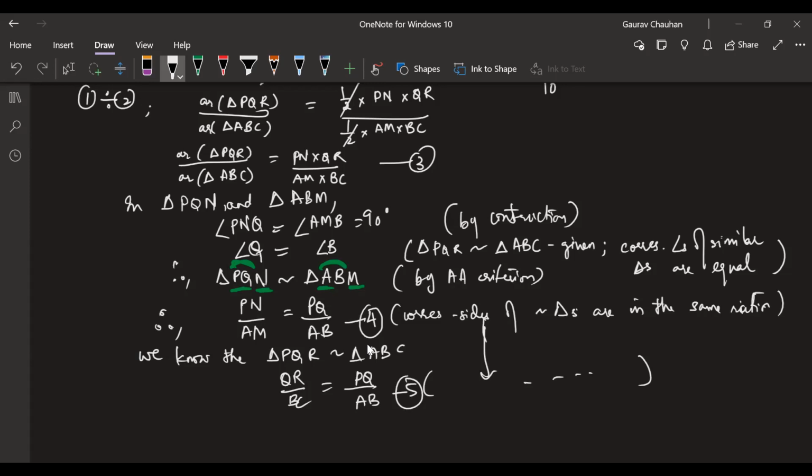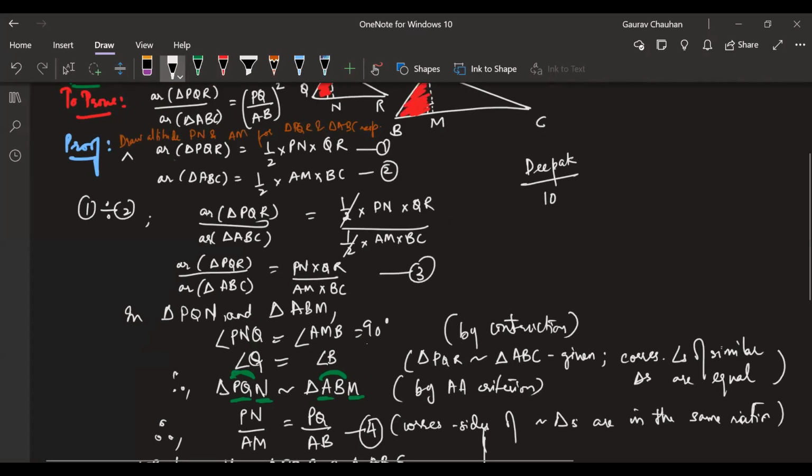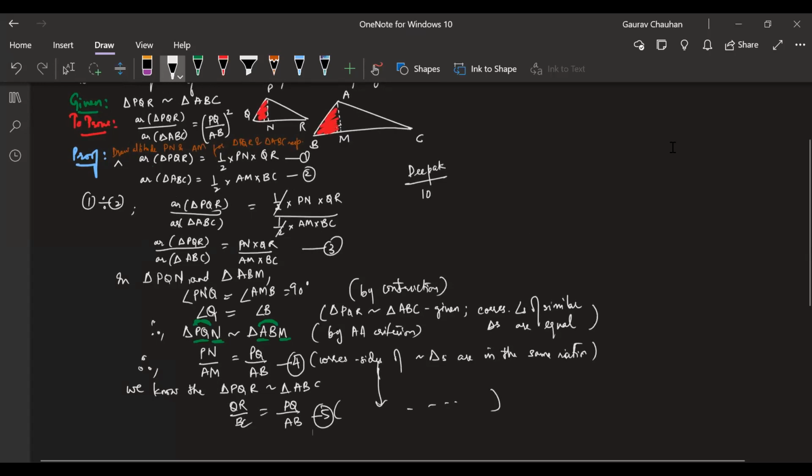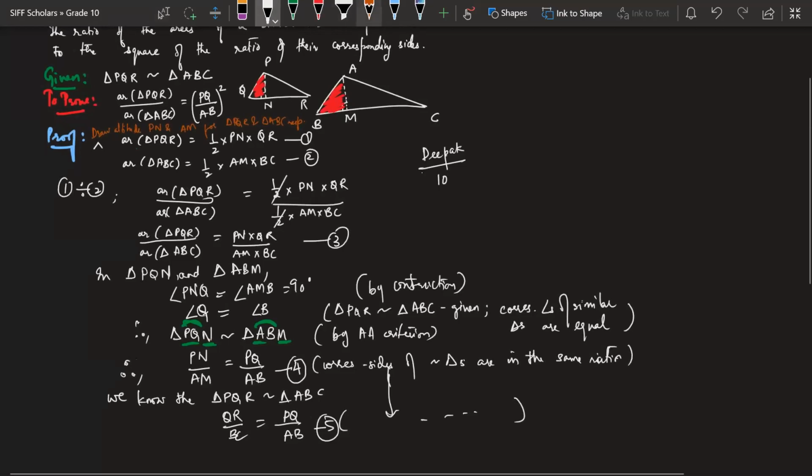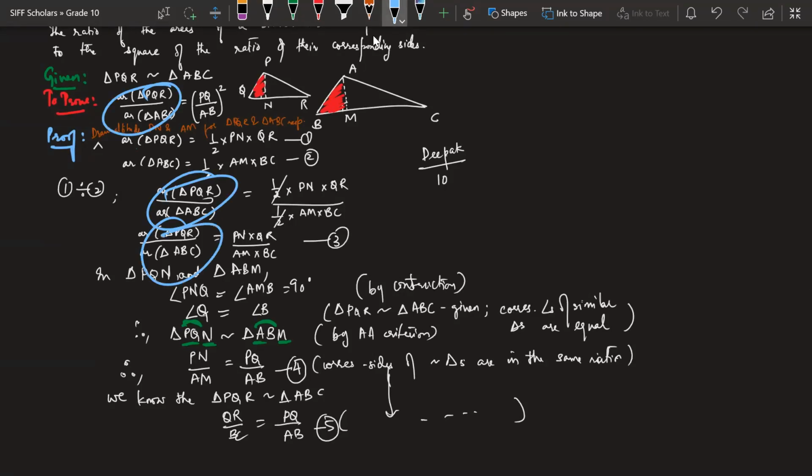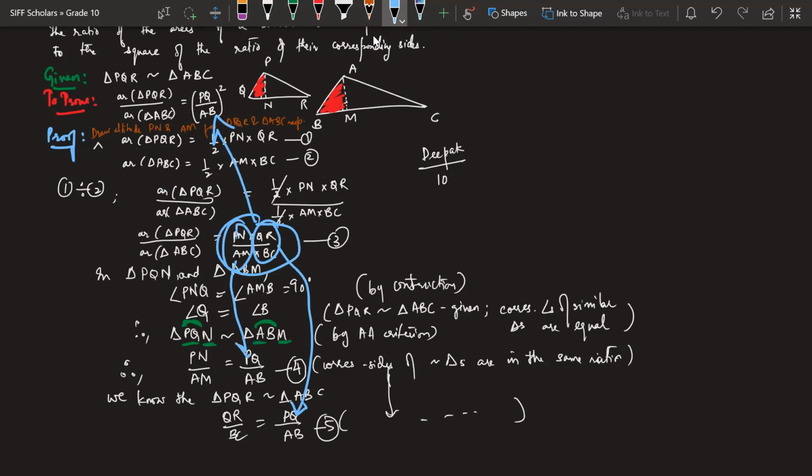Now if you notice very carefully, guys, I'm going to bring your attention here, very important. Please focus on what we did here. What was there on the left hand side, we took that ratio. On the right hand side, now I have to change to this thing. This one I am getting from here, and this one I am getting from here. Both will become PQ by AB into PQ by AB. I'll get PQ by AB the whole square.